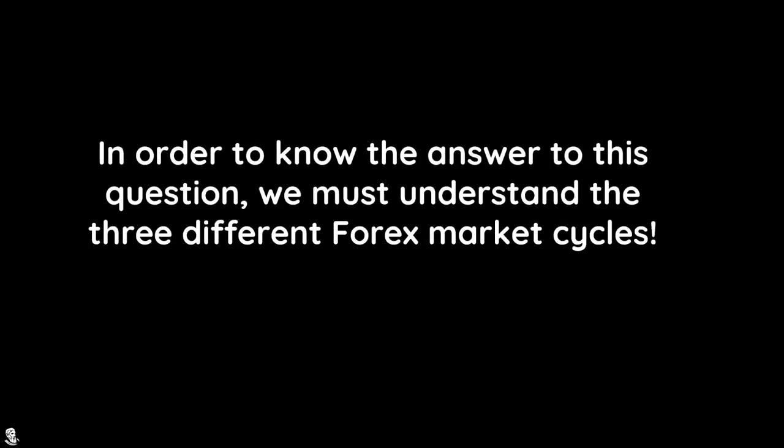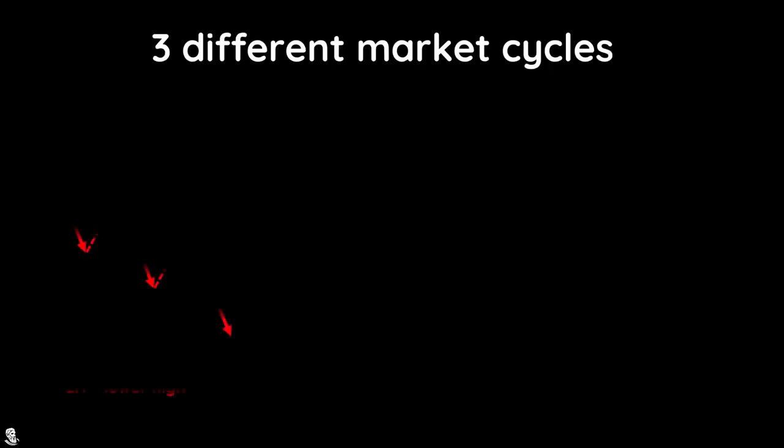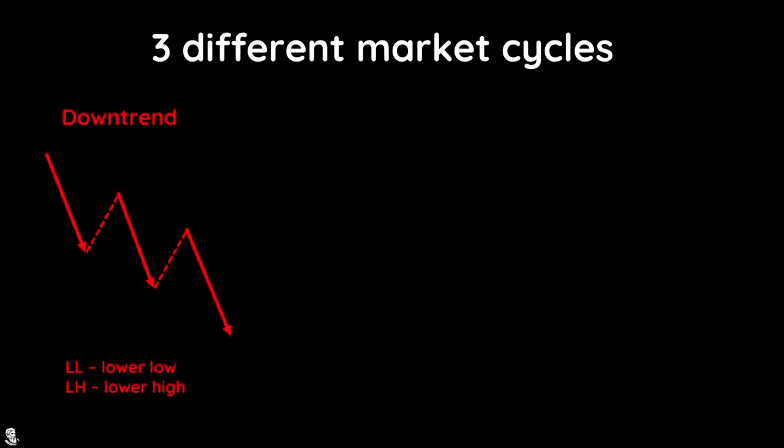In order to know the answer to this question, we must understand the three different forex market cycles. Let's take a look. In the downtrend, the market is making lower lows and lower highs. The market is also making impulsive and retracement moves. Because this is a downtrend, we want to be at the right side of the impulsivity and catch the trades at the end of the retracement move. As we can see, we could enter a sell position right after the retracement is over